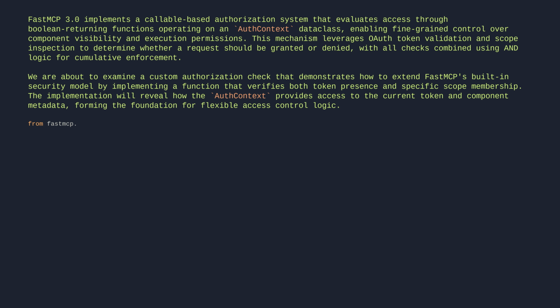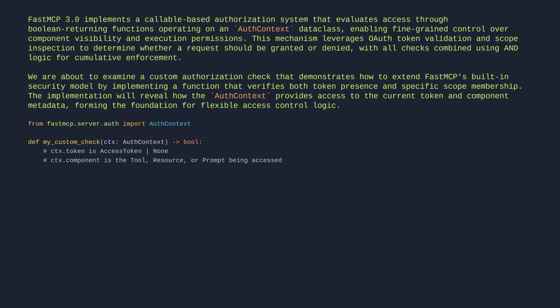from fastmcp.server.auth import AuthContext. def my_custom_check(ctx: AuthContext) -> bool: # ctx.token is an access token or None. # ctx.component is the tool, resource, or prompt being accessed. return ctx.token is not None and "special" in ctx.token.scopes